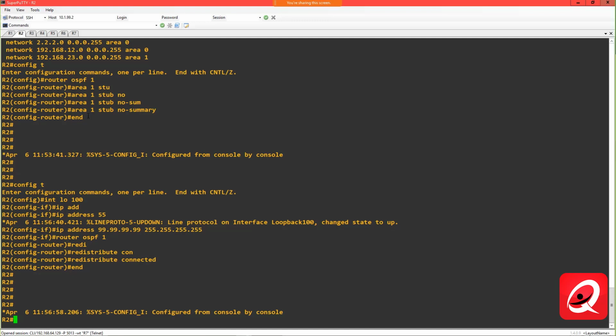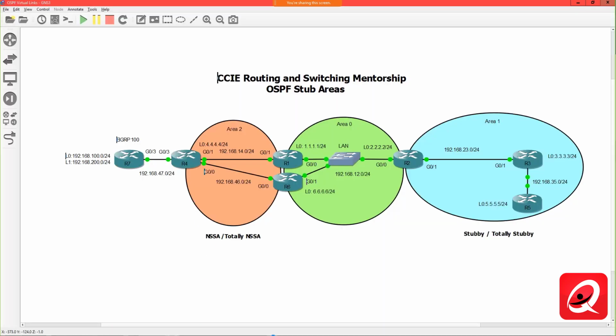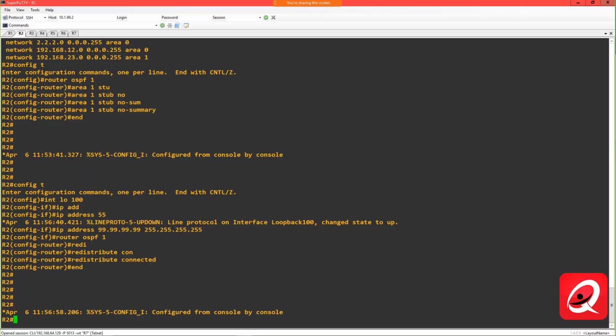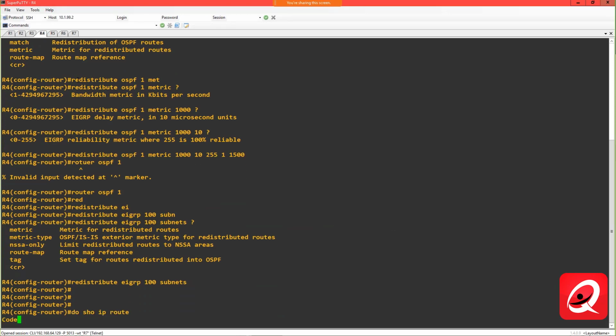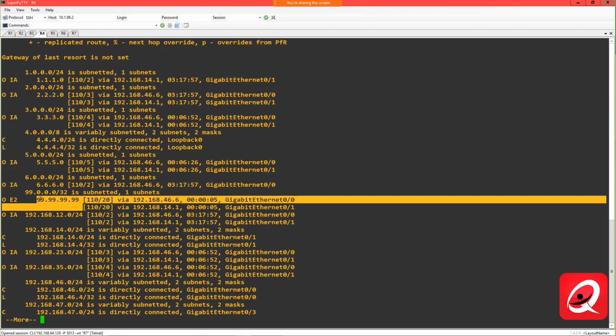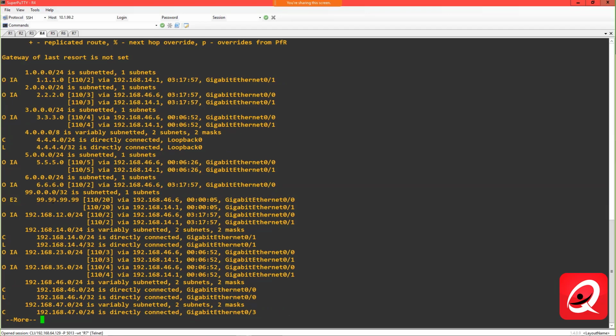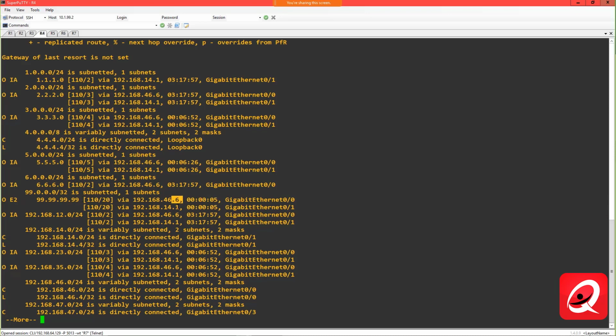In fact, if I go all the way over to, in our topology here, router 4, I should see that route in my routing table. Do show IP route, and sure enough, I see 99.99.99.99, and it's coming in as an OE2 route. I can equally load balance using equal cost or ECMP, multipath routing, between router 6 and router 1 to reach